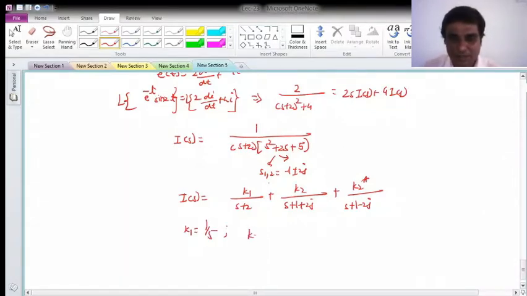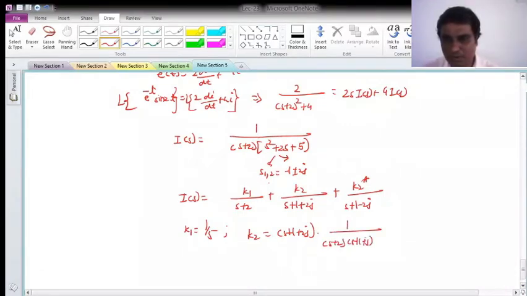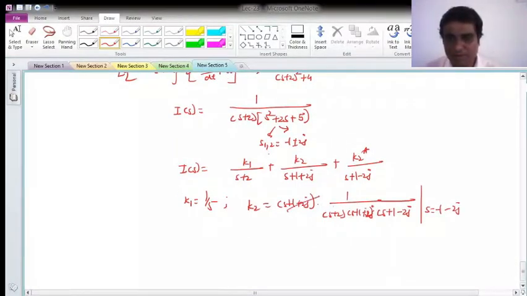Then similarly for k2, multiply s plus 1 plus 2j with this 1 over (s plus 2) into (s plus 1 plus 2j) into (s plus 1 minus 2j), and evaluate at s equal to minus 1 minus 2j. So if you substitute everything, this will vanish, so it comes out to be r into e raised to j, it is a 1 by 10 into e raised to minus j tan inverse of 1 by